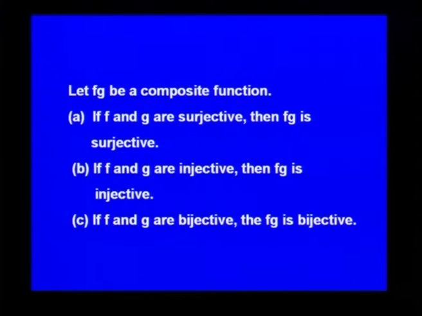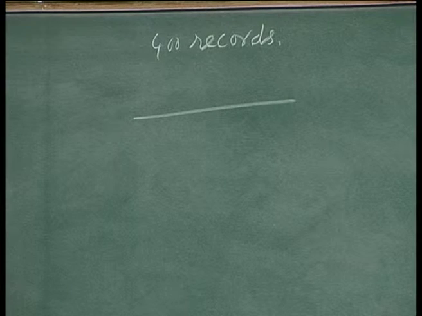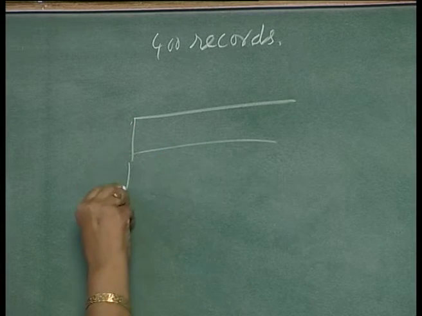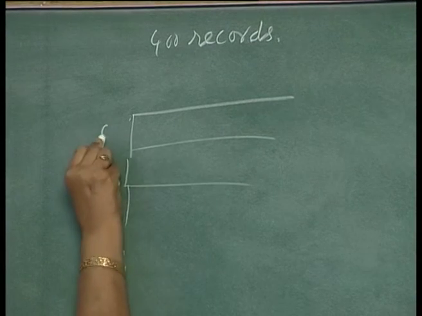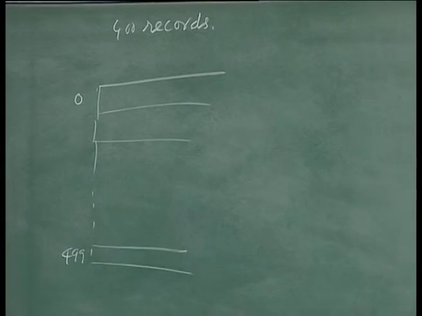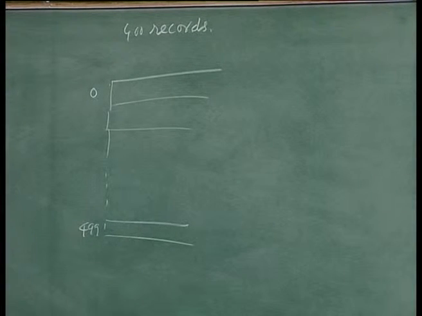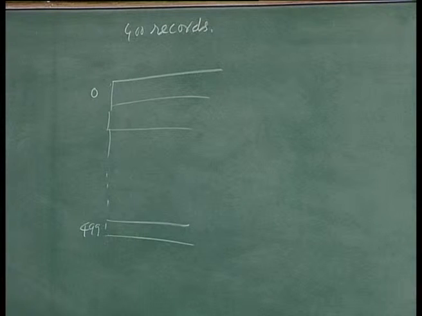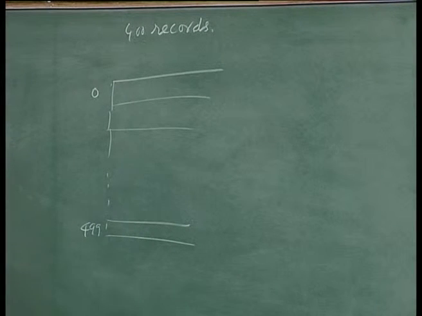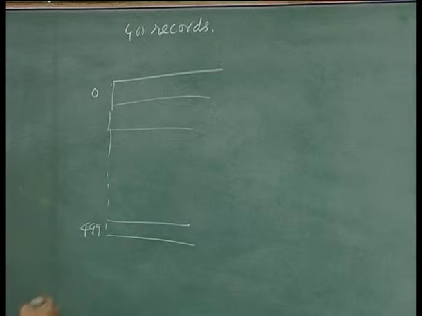So, you have locations, say suppose you have 400 records of a company, say employee records or something like that, then they have to be stored in addresses between 0 and 499. You have 500 places where it can be stored, and these 400 records have to be stored there. Now, how will you identify which one has to be stored where? It may not be advisable to take the first record here, second record there, because sometimes you want to retrieve the record in a very quick manner.